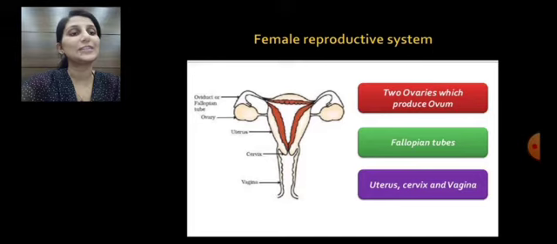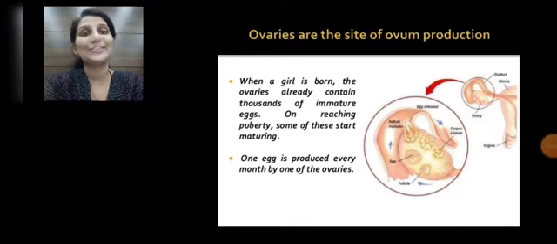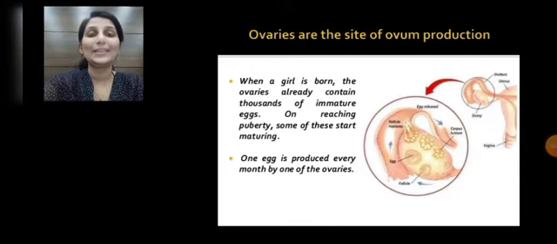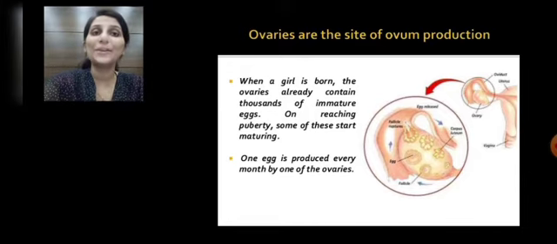The uterus, cervix and the vagina help in the development of the child and also in childbirth. It is very interesting to note that when the girl child is a fetus in her mother's womb, a number of immature eggs are developed inside her ovaries, that means inside the ovaries of the fetus before her birth. After her birth, not a single egg is formed inside her ovary. So all the eggs which are needed in her lifetime are developed before her birth.